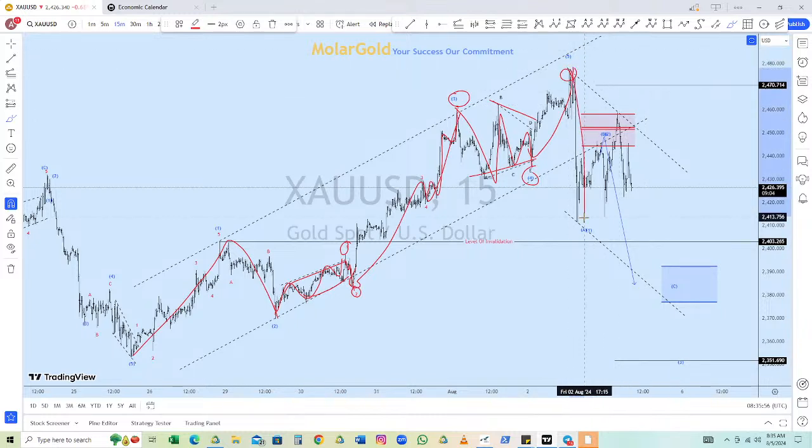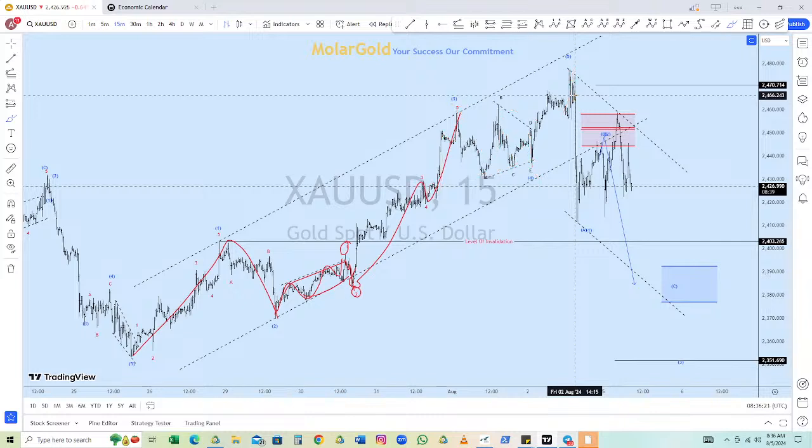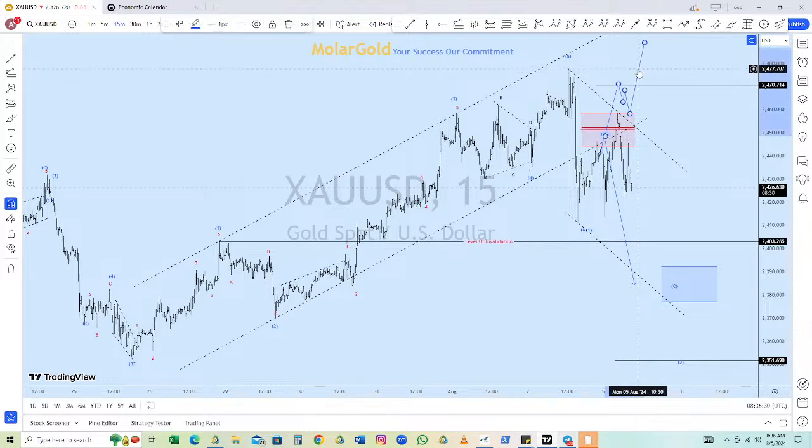It started to come down impulsively. Since we didn't break here last week Friday afternoon, we said it's likely that this can still be 1, 2, 3, and then price will still go up. But today the chart looks so clean that we can see it's a correction. So now we have an impulse, and then all this is a correction.